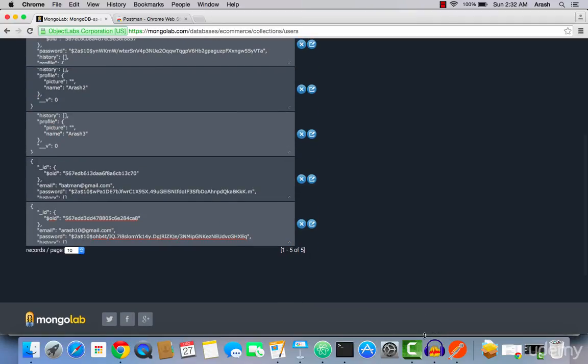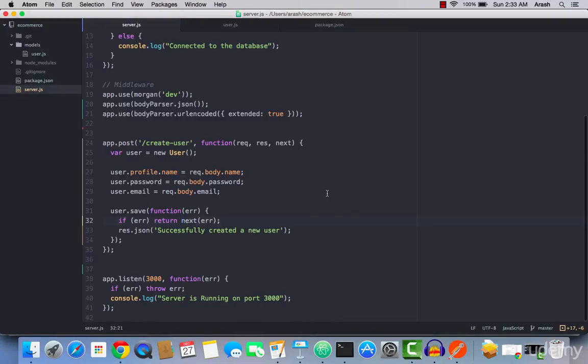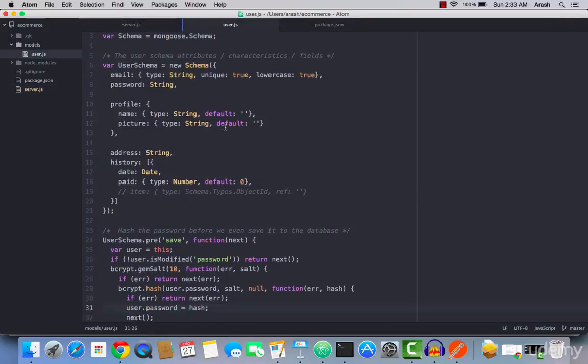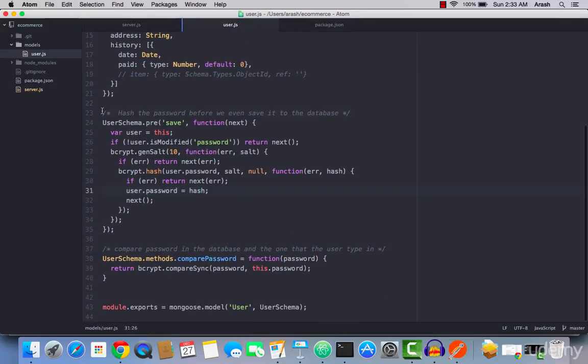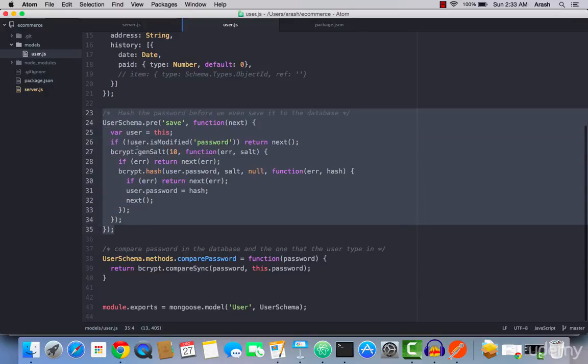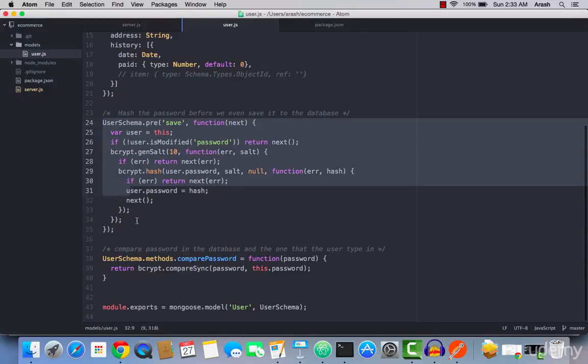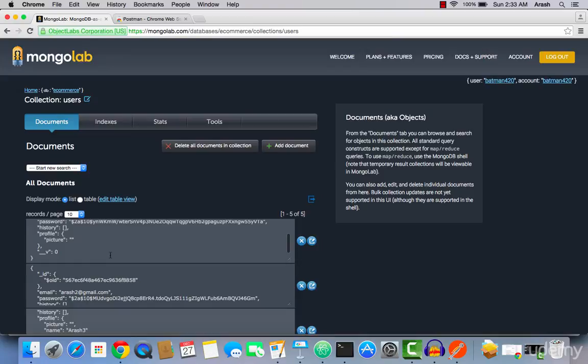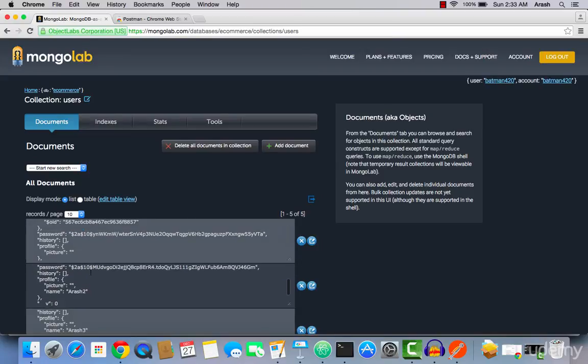Before we move on and end this video, I want to go back to the models, which is user.js, and remind you guys that remember where we actually wrote this function where we hash the password before we even save it to the database. So if you go back to Mongo Lab and check properly right here, or okay, let's go to rh2@gmail. As you can see, the password